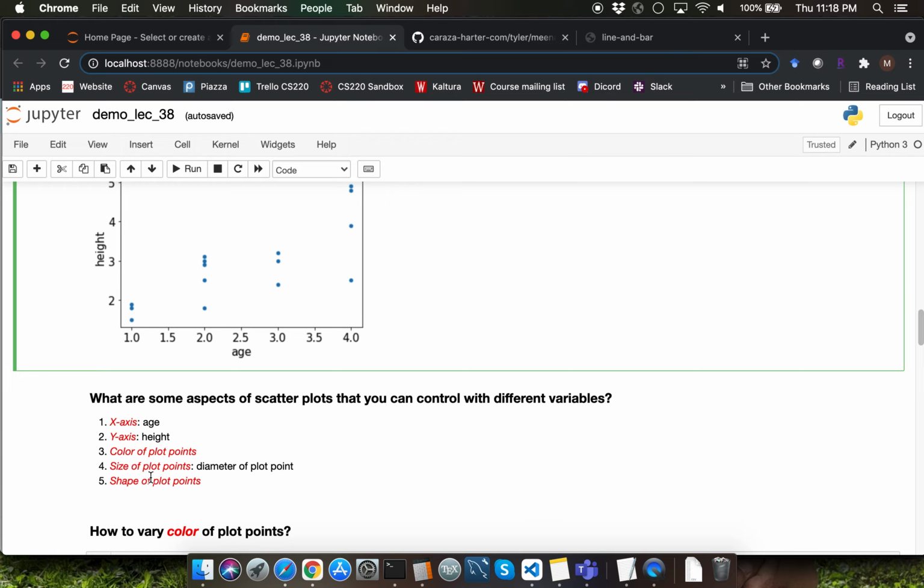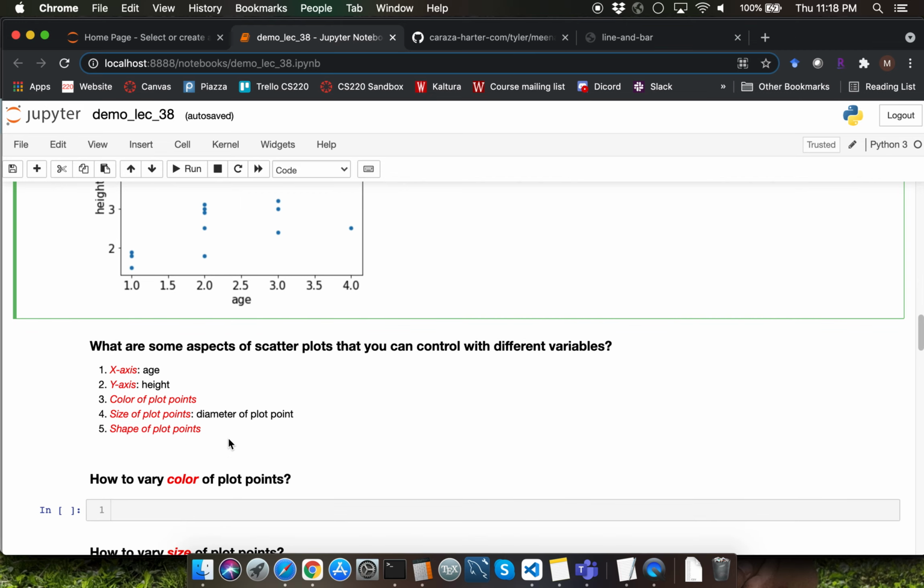One thing which I want to mention about size of the plot points is that your argument needs to be the diameter of the plot point, which is going to be slightly tricky. If you were to pass radius as an argument, and if you want to scale the plot point by 4x, it should be very easy for you to increase your argument by a factor of 4x. Since you have to pass diameter as the argument, you need to keep in mind to use scaling of 2x when you want 4x scaling of the plot point size.